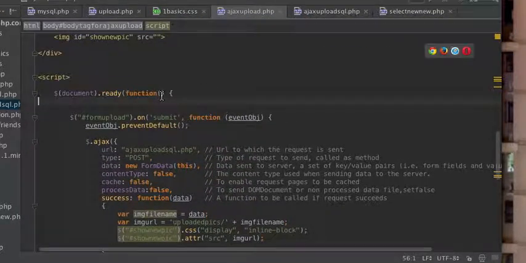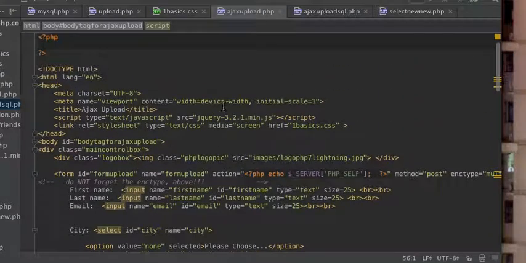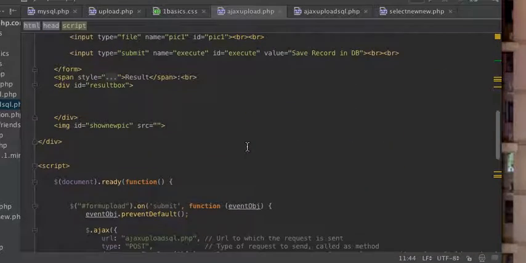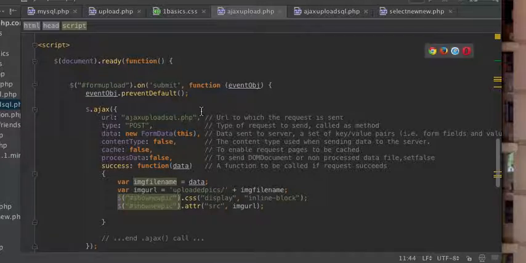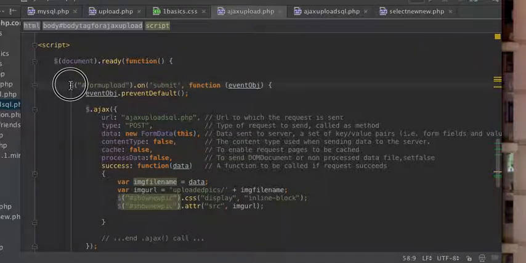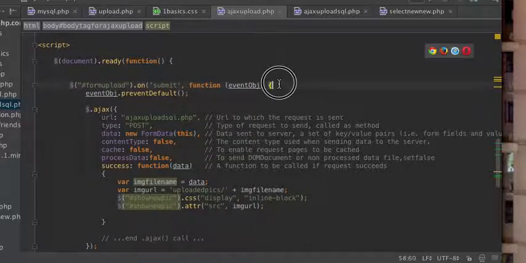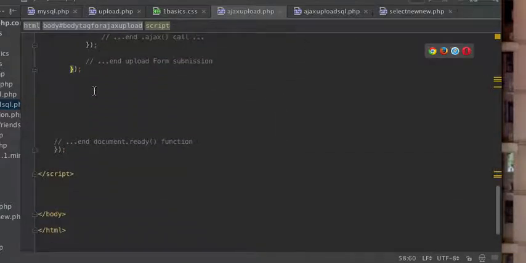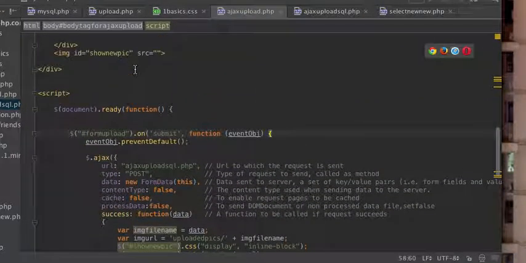Now, we're using jQuery. We're using one of jQuery's AJAX methods. So here I have linked in my jQuery script. Okay, and so here's the document ready function. And now, right here, from here to there, what I have here is